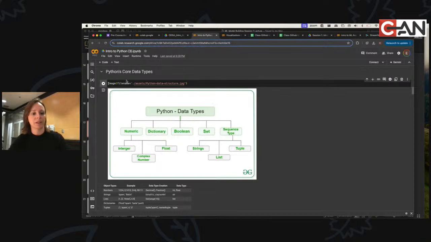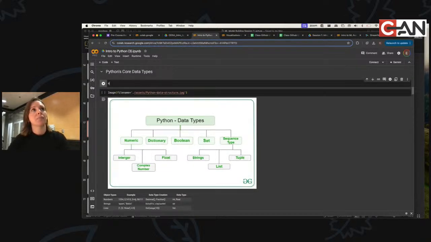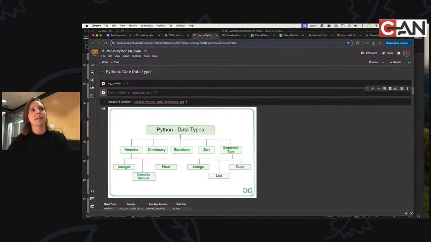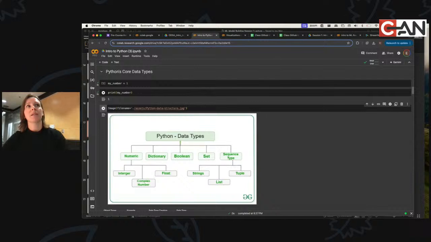So this is what a variable is. my_number, you can call it whatever you want, is 1. And I have to run that, then print my number. If I didn't run that, it wouldn't exist. I have to run this cell in order for it to store the value of 1 in the variable called my_number. If I didn't run this cell and tried to use it, it would throw an error telling me the variable didn't exist, because I didn't save it, essentially. So let's print my number, and we have 1.